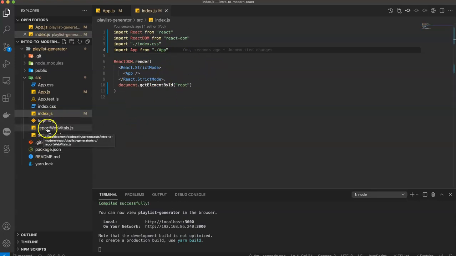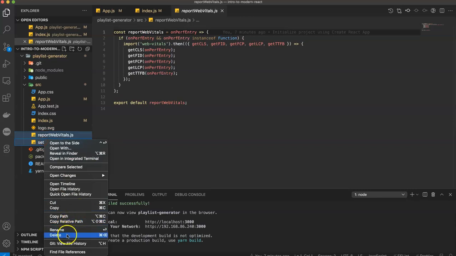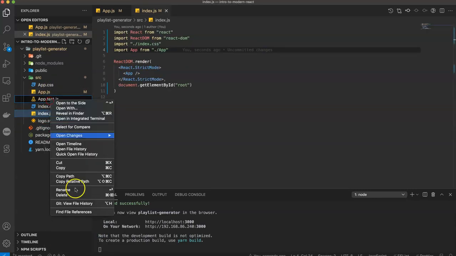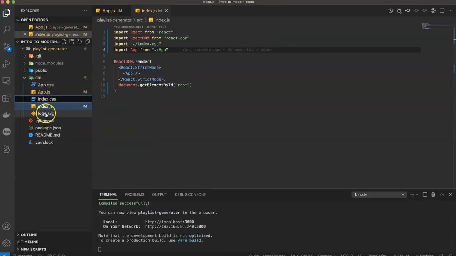I'm going to delete this report web vitals and set up tests because we're not going to be using them. There's some cool stuff in here, but it's unimportant for the time being. I'm going to delete them. I'm going to delete this app.test.js. Cool. And now my application looks a little bit smaller. Less stuff going on, which is nice. But that's it. Now we can actually start writing our React application by editing the files here and adding new ones, which we will do in the next